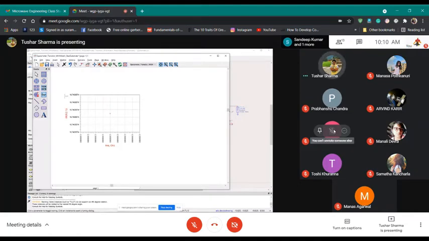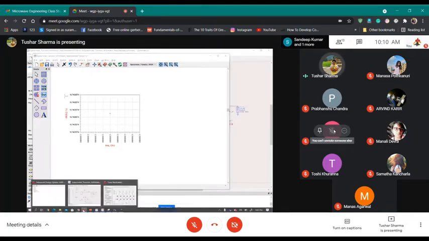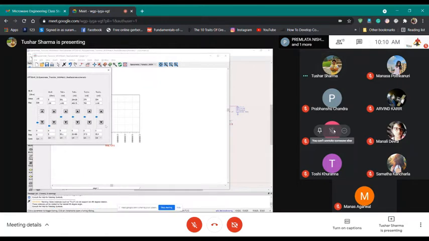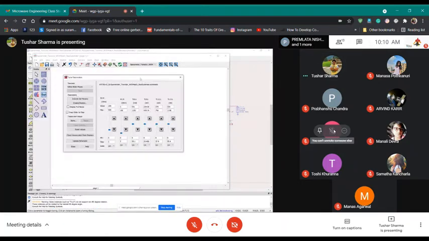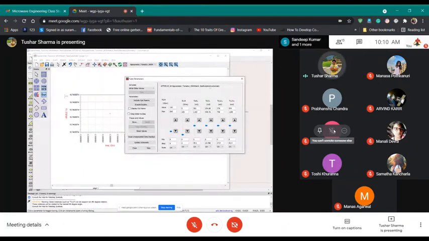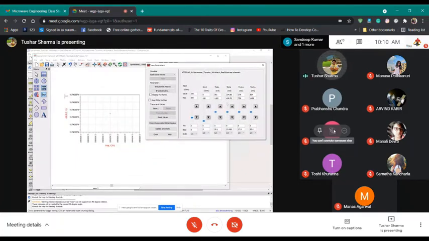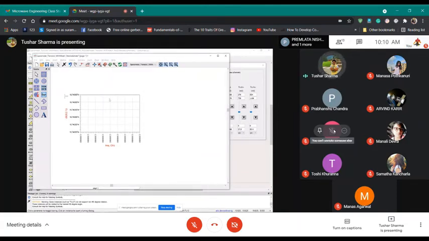So let's see what happens if we try to tune the lengths. I will decrease this, for example. From 16.7, this goes to 14.82. So bad idea.